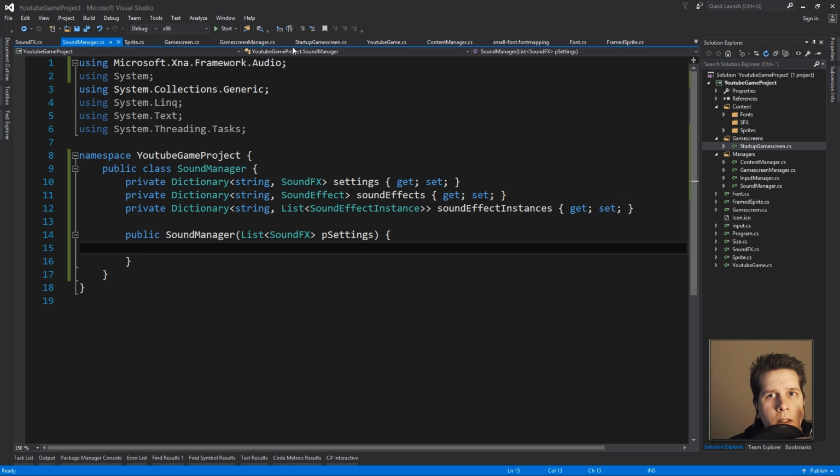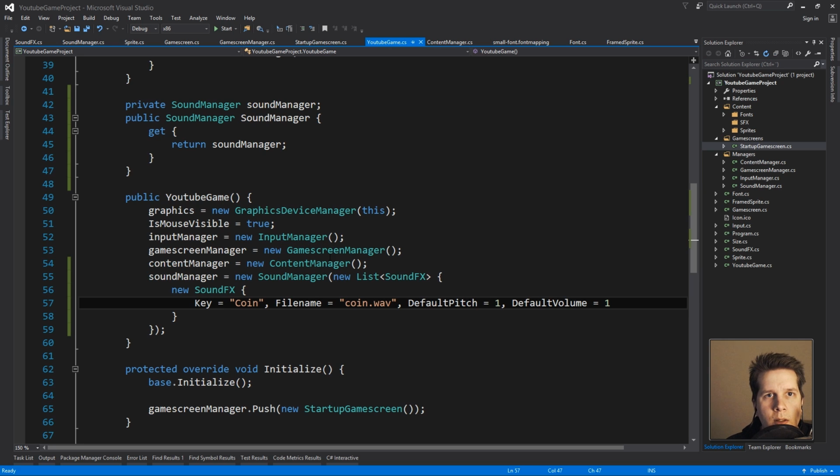Also something I do here that I usually don't do in the other is that I mostly initiate a lot of things at startup, in the startup game screen. And that's something you might want to do. Right now I'm basically loading these sounds for the entire engine or the entire game. So no matter which game screen you're on, this sound manager is going to keep all these sounds. And you might not want to do that. You might want to split it up. So if so, you'll make one sound manager for every game screen, and when the game screen starts, you'll just instantiate the sound manager, and we'll create that method, load sounds or load content. Because right now we're just saying this is the information,